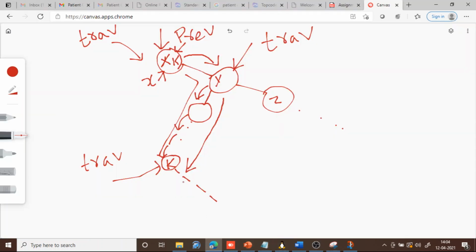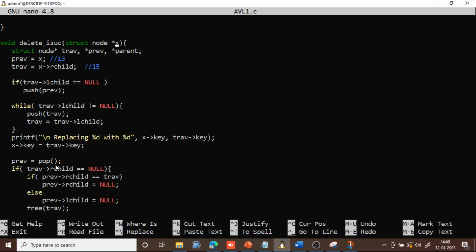What that statement will do is, this k will replace x. For example, if this does not have any child, then this x will be replaced by y. Traverse will be pointing to the right position. After replacing, we do previous equal to pop.